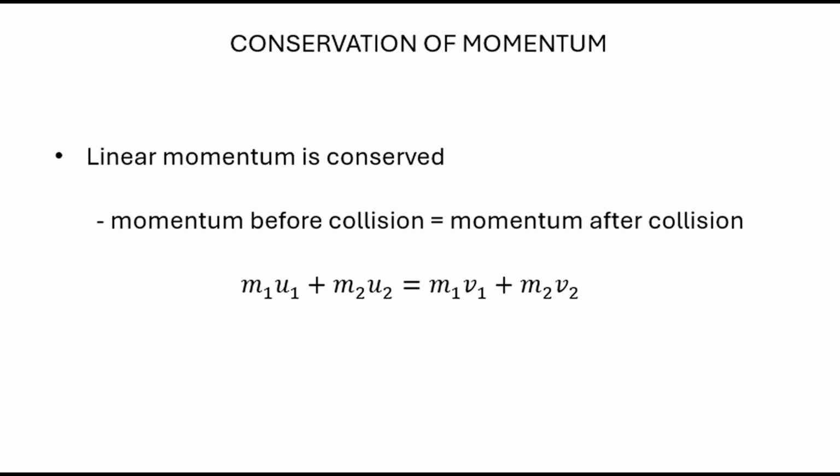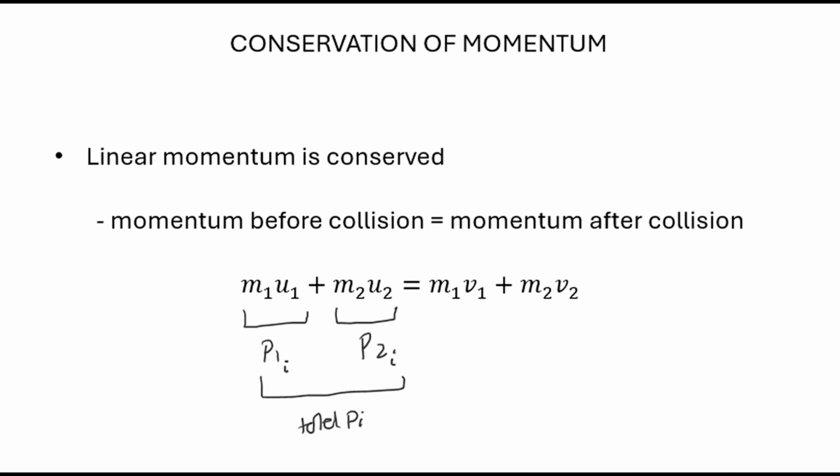Now m1 is the mass of the first object, u1 is the initial velocity of that first object, m2 is the mass of the second object, and u2 is the initial velocity of the second object. So what we have here is P1 and this is P2, the momentum of the first object, and we're just going to subscript that with an i to show that it's initial momentum. So the initial momentum of the first object plus the initial momentum of the second object will give us the total